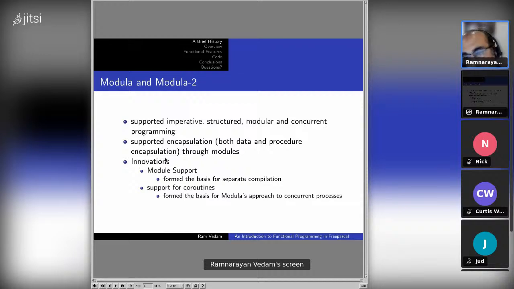Through this, he introduced encapsulation, both data encapsulation for variables and record types and so forth, as well as procedural encapsulation through the use of modules.